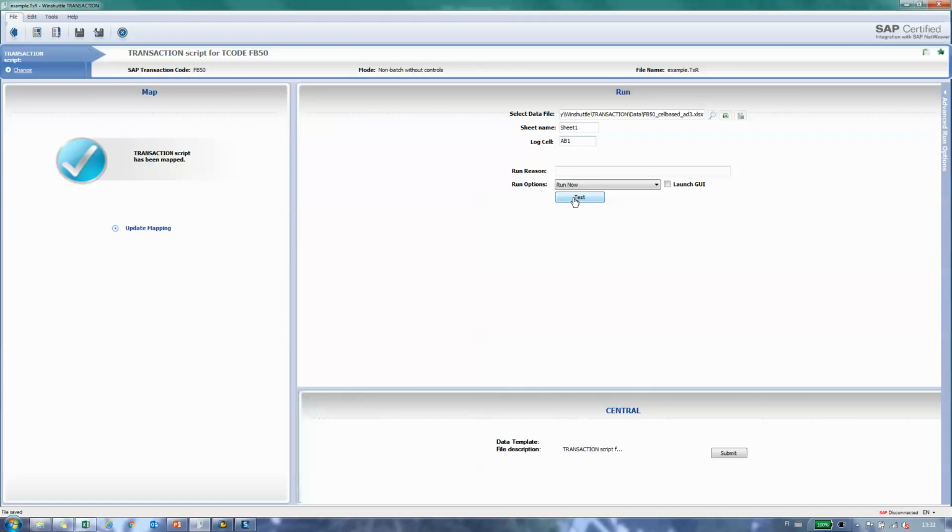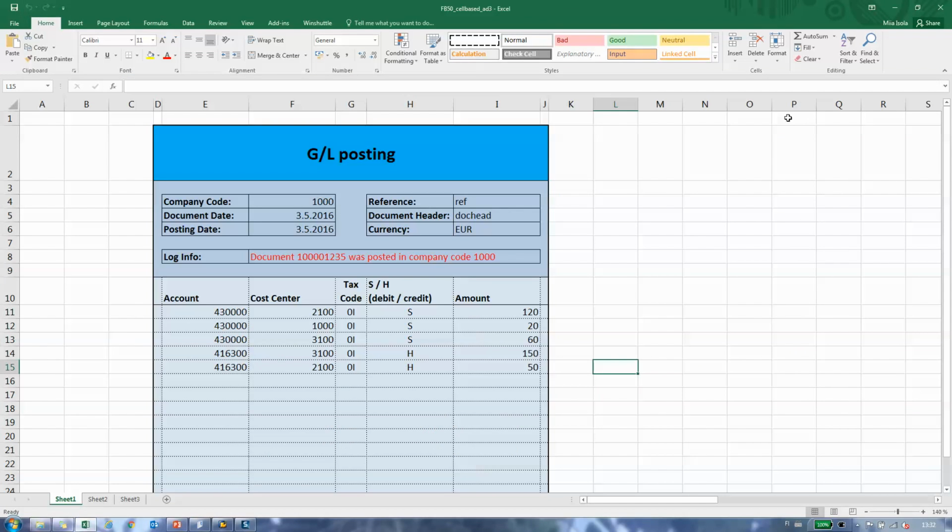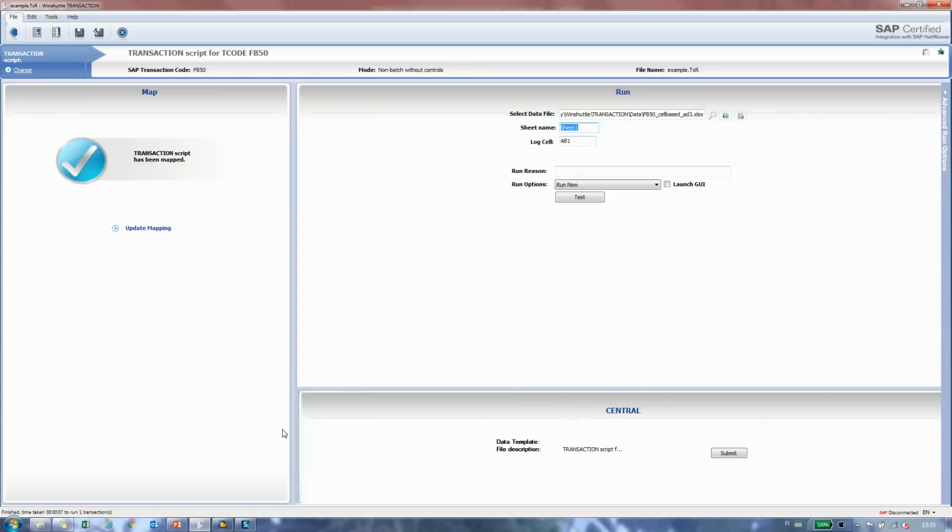Now, when I run my script, the script runs through just fine, and my log message says document was posted. So it was a simple case of the script being now able to skip over that pop-up in the beginning, so the pop-up for the company code, and being able to move on to the next steps, even without that pop-up window in the beginning. Now, if I were to change my settings for my SAP user,